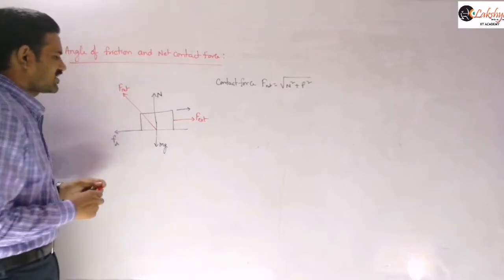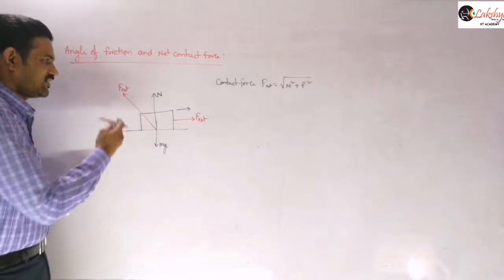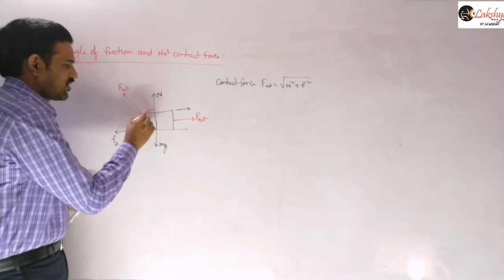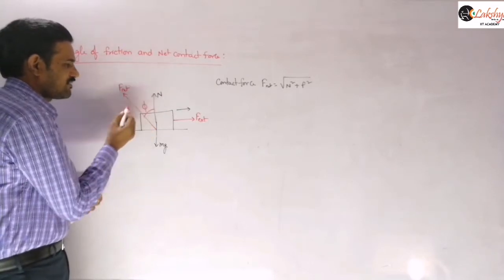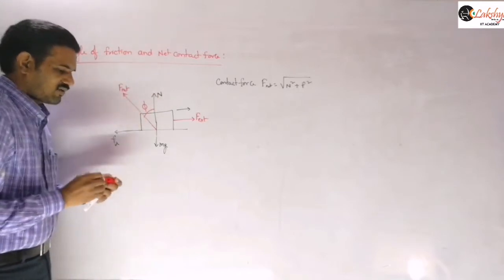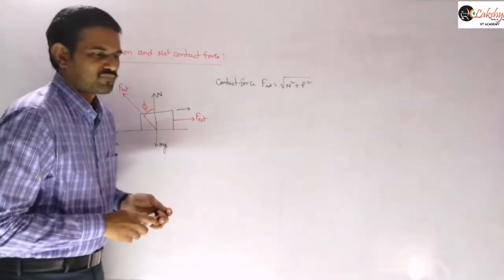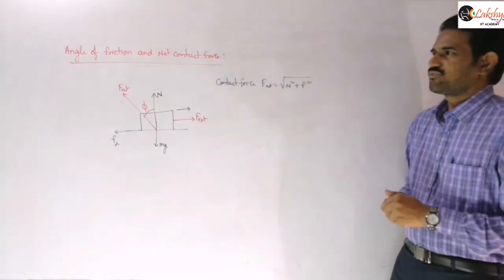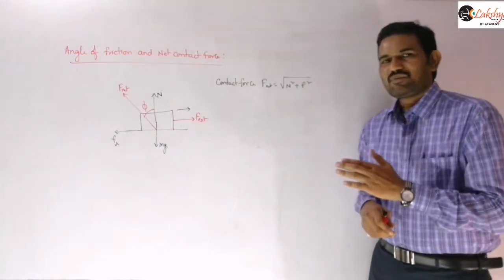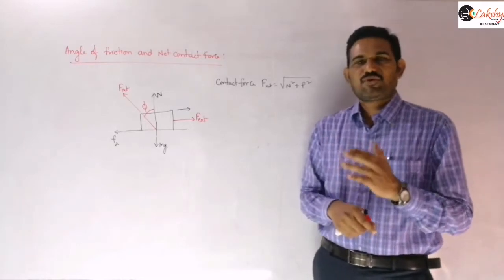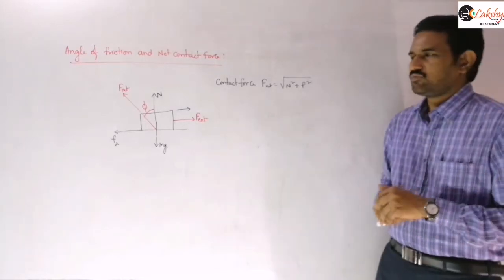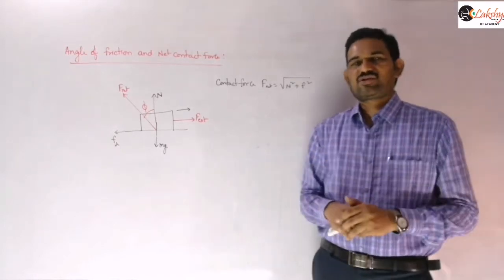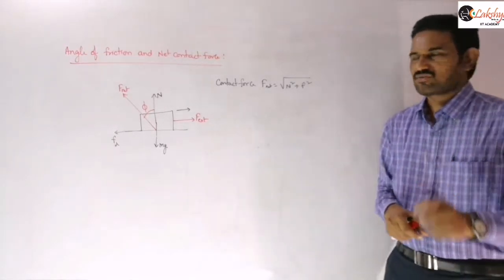So when the friction is limiting friction, automatically this will be the maximum force here. And now this angle, made by the resultant force with the normal reaction, is what we call the angle of friction, right? So the angle of friction is the angle made by the net contact force with the normal reaction when the body is ready to move. Just write the definition there.